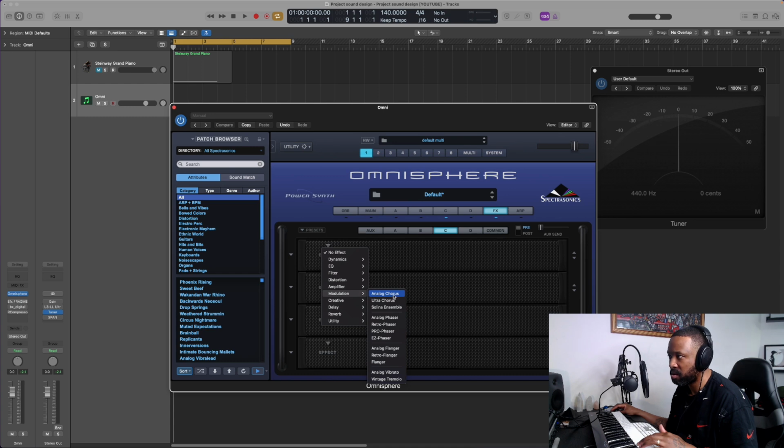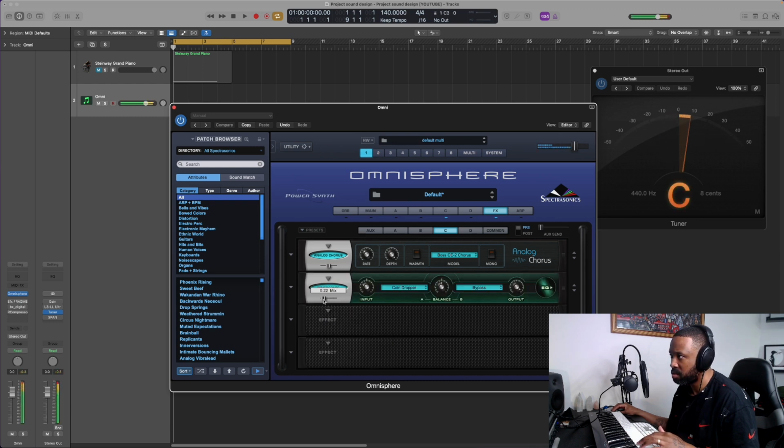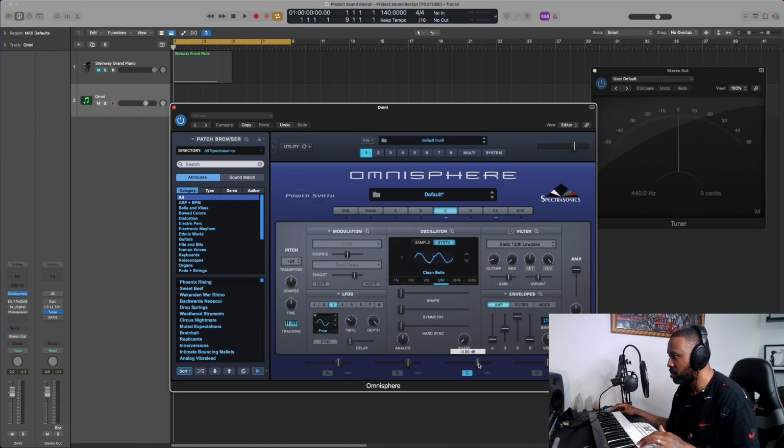Let's add some analog chorus. I'm going to add another effect. Let's try this one, creative inner space. That sounds nice. Just needs turning down. Let's turn down C. Now let's play around with the shape. I like that. So what I'm going to do now is turn oscillator A and B back on,